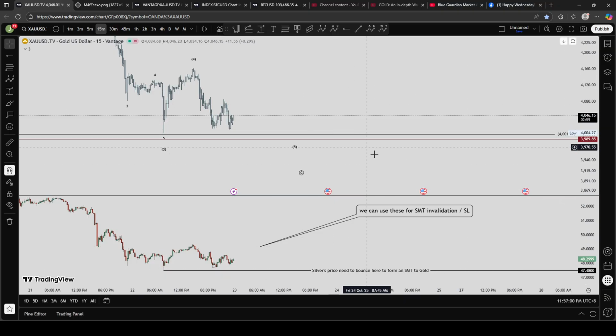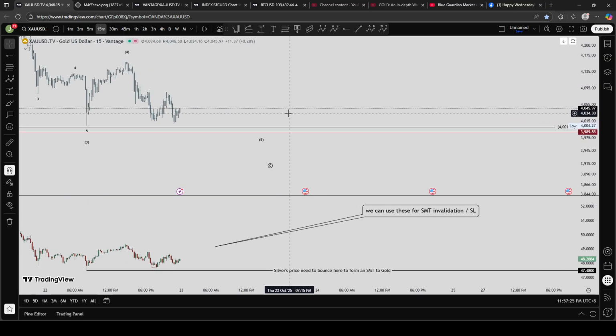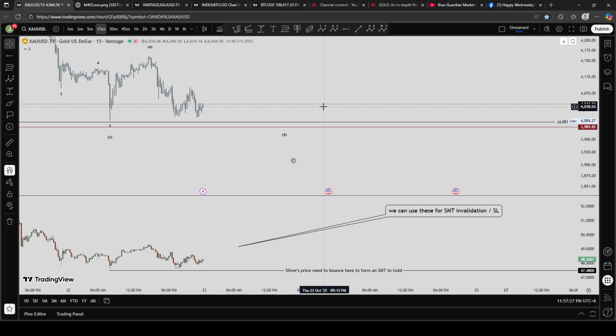Remember that silver and gold are strongly, positively correlated to each other. That's why I have compared my chart to silver and the smart money technique, or simply in divergence trading, we call it a possible hidden bullish divergence. And how will that statistical SMT happen? Of course, let's use first a regular SMT.